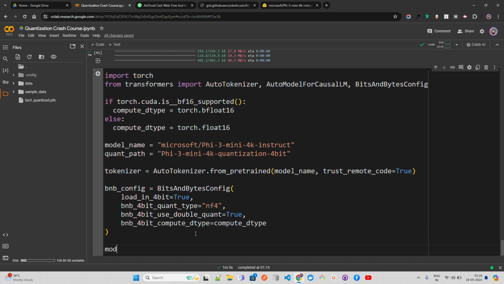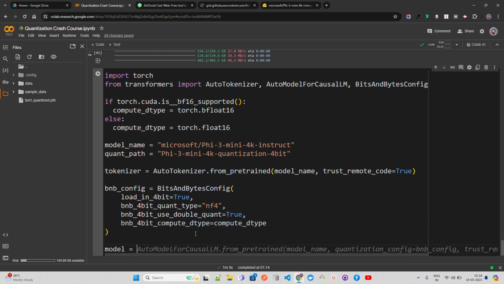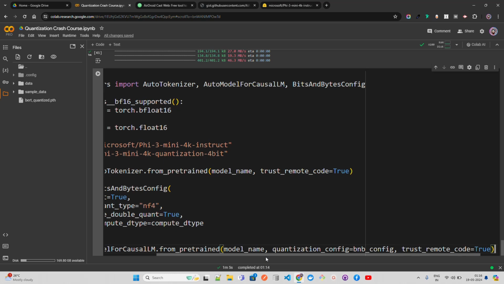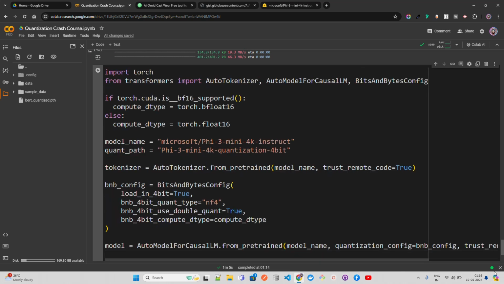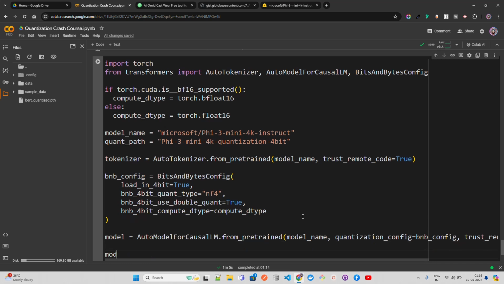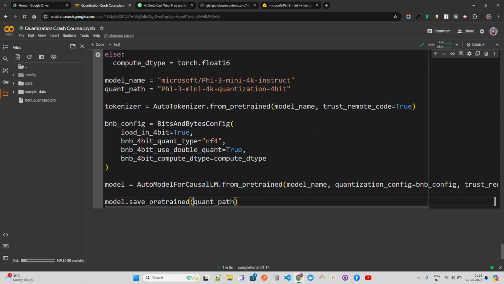And then I'm going to load the model with the help of BNB config, and you can just do trust remote code true, whatever. Probably I think I have to log in if I'm not wrong. Then what I'm going to do after this is model.save. You have to save. If you want to use ExLlama, you have to save the model. I don't recommend it if you have a bigger model to save, but you can save.